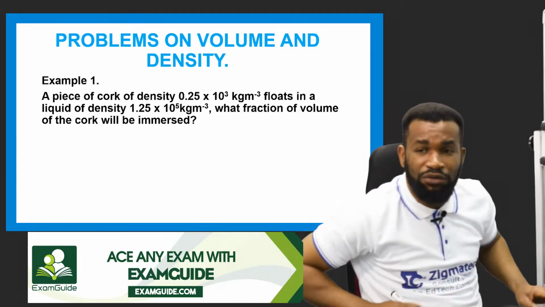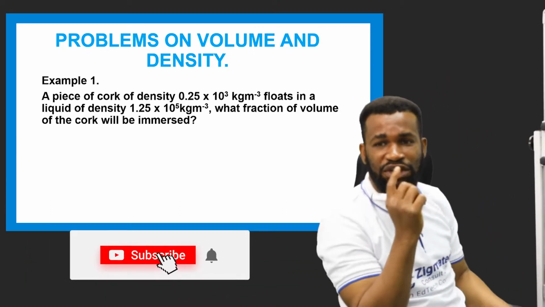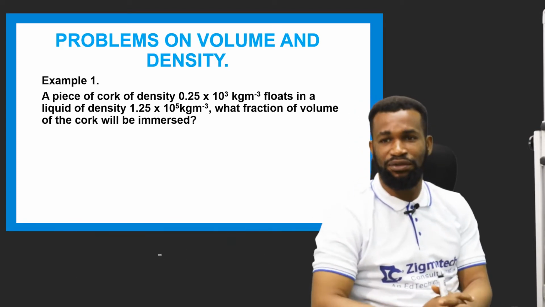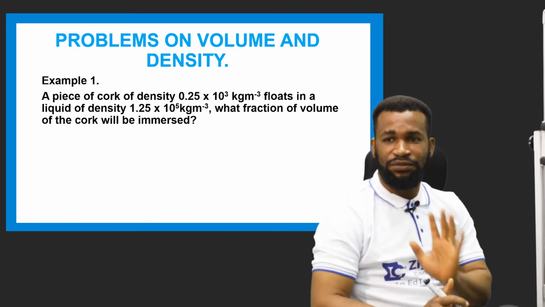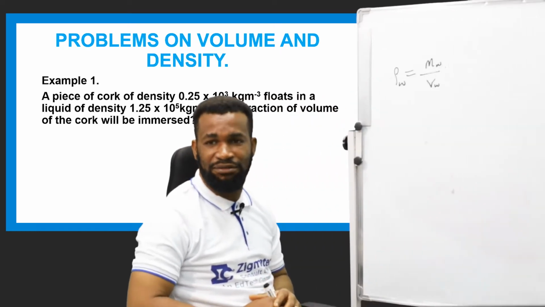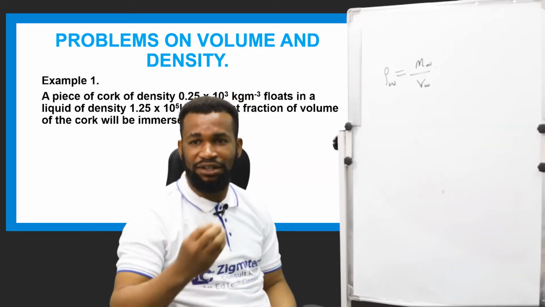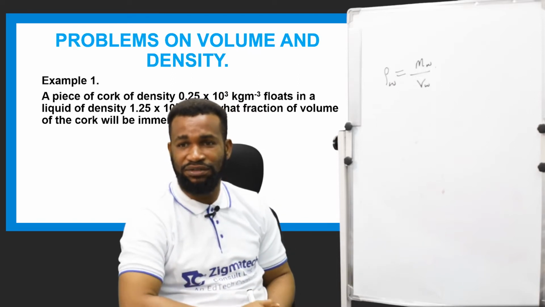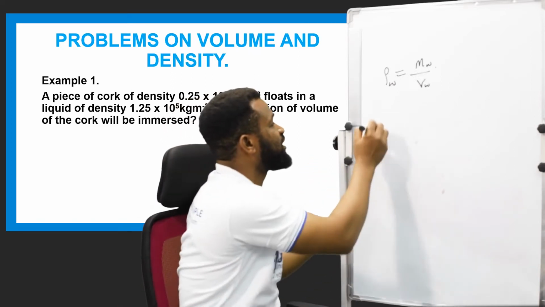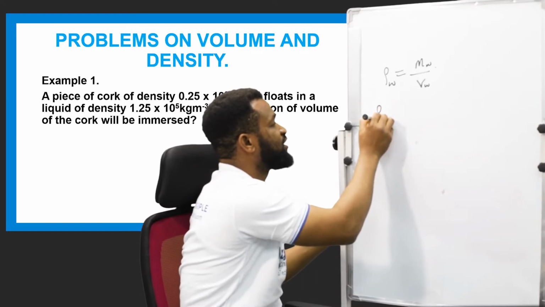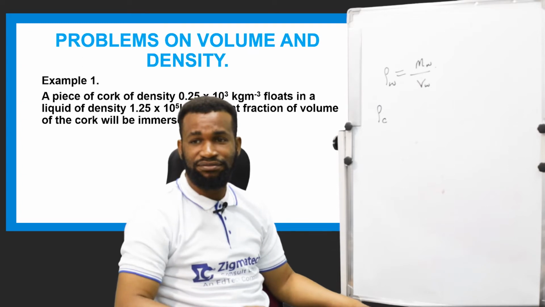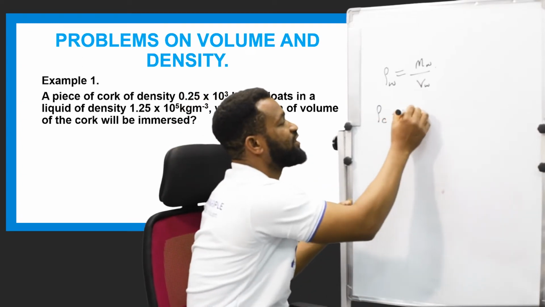Okay, so when we are looking at this question, we are looking at an issue concerning flotation. Now, first of all, let's look at the terms given here. Then we apply the principle of flotation before this question can be fully solved. A piece of cork of density. So let's say the density of cork, I'm using C as the density of the cork, and I'm giving it as 0.25